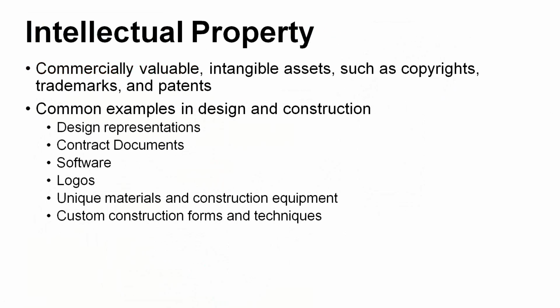So here is a definition. What do we mean by intellectual property? We're talking about anything that is an asset, meaning that it's owned by a party or more than one party. One example is a copyright. That is the most common type of intellectual property that we deal with, particularly in design, but there are actually 3 types, and we'll look at all of them a little bit later.